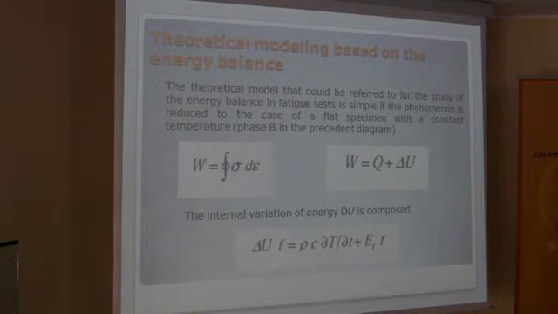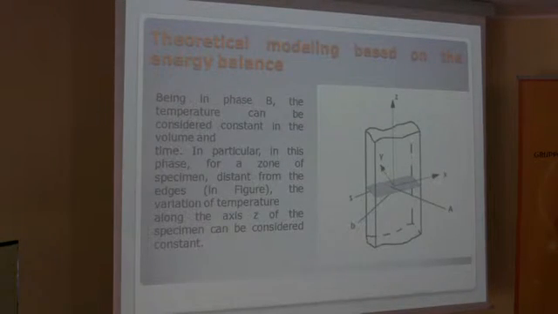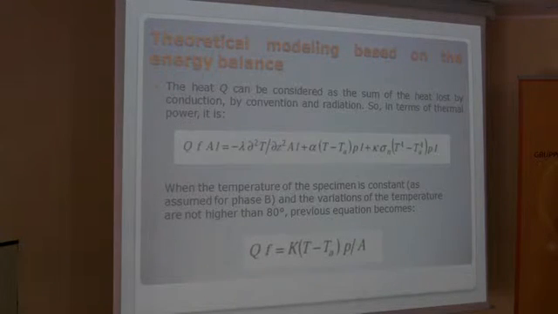There are a lot of relations linked to the work applied to a specimen, which is split into a part of Q, that is the heat, and the variation of internal energy. And considering phase B, in which the temperature can be considered constant in volume and time, it is possible to have some simplification. Q is the heat per cycle and per unit of volume,